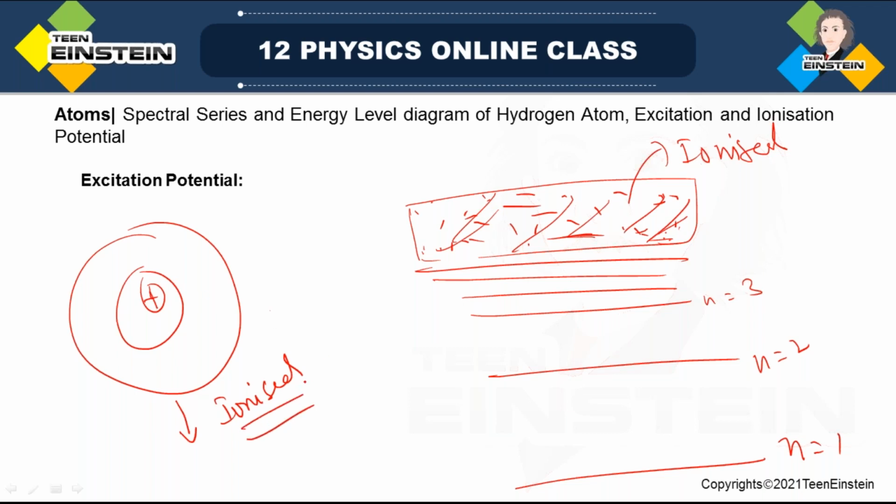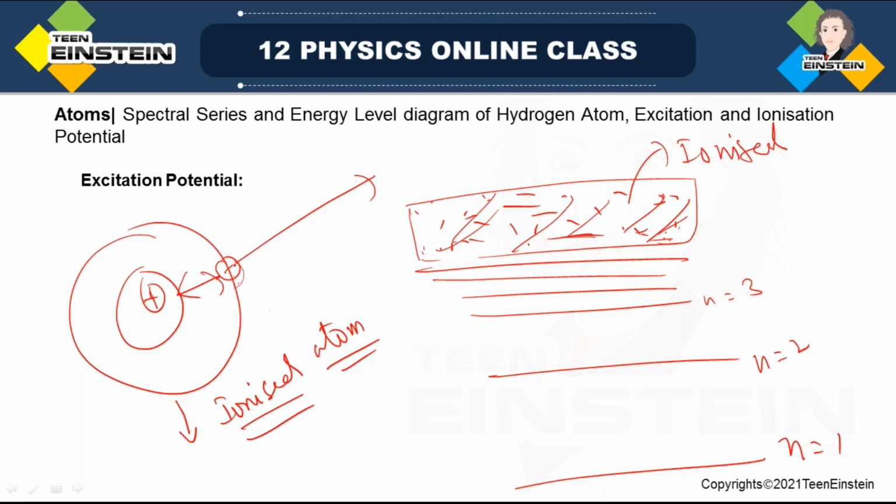That's why it is called an ionized atom. For ionization, one thing you have to understand: just like that, an electron cannot go to infinity from this atom, because the nucleus is always attracting it. That's why you have various bound state energies. So this particular level also has a certain energy. So